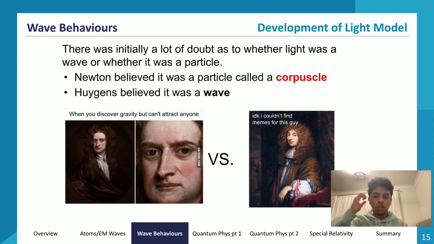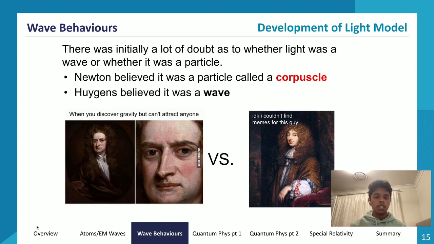And visualizing it like that allows me to remember everything that happened. Because initially everything was all a mess. We have to think of the particle model, the corpuscle model, the wave model, the quantum model, so many things, right? But now it makes a lot more sense because I like to think of it as a story. So let's look at the development of the light model initially.